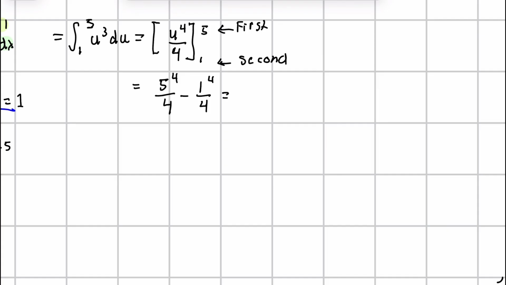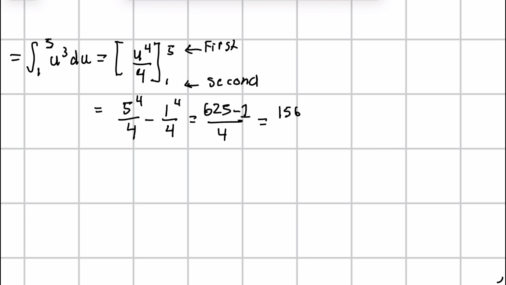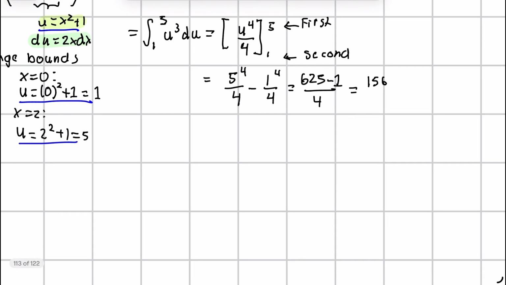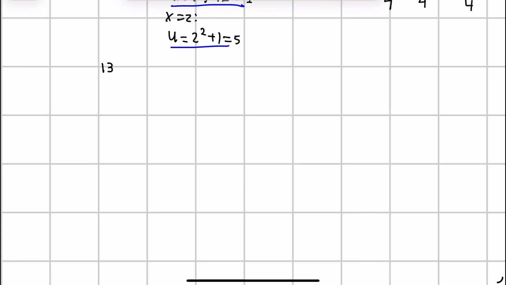So then 5 to the power of 4 is 625, minus 1 to the power of 4, which is just 1. So then we have 4. And then from this, we get 156. So your answer is 156. So changing the bounds is going to let you finish entirely in terms of u, making you evaluate it way faster. Now, we're going to do our case 13, which is when we have integration